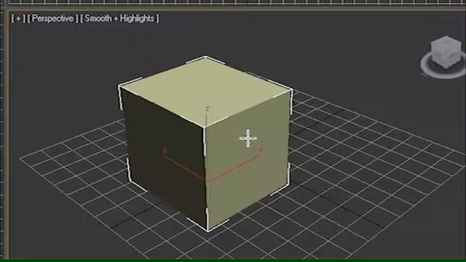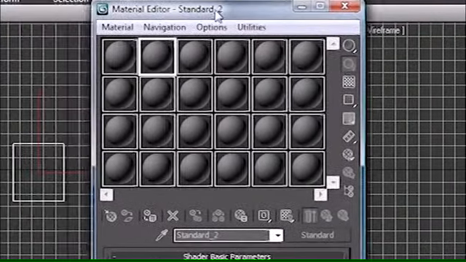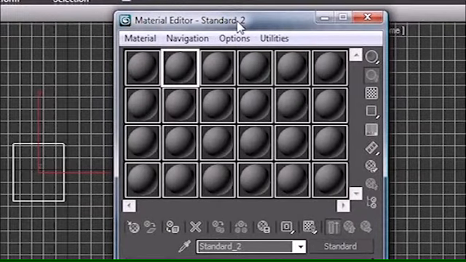So let's go ahead and I'm going to show you guys what materials are. So go ahead and press M on your keyboard and your material editor is going to pop up. And this is how you give any object color, appearance, design to your materials. So if you want to make a pole look metal or plastic or green or blue or whatever, this is how you do that. So the first thing we're going to want to do is, you probably only see 6 of these,